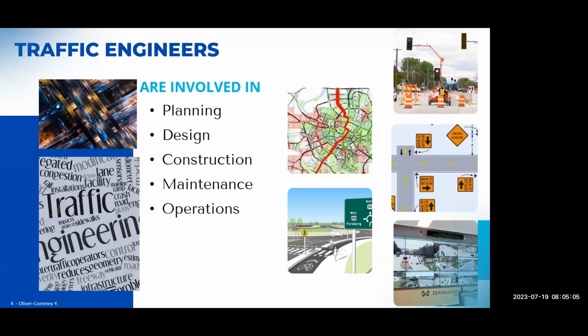When it comes to design, we work really closely with the highway geometric specialists to ensure that the number of lanes on the ramps or the roads are going to be able to handle future forecasted traffic. And then in terms of construction and maintenance, it's our job to ensure that when these activities are occurring, it's happening in a safe environment and that there are minimal delays to the road users. Operations is where we do quite a lot of our day-to-day work, and that's what I will talk a bit more about today.